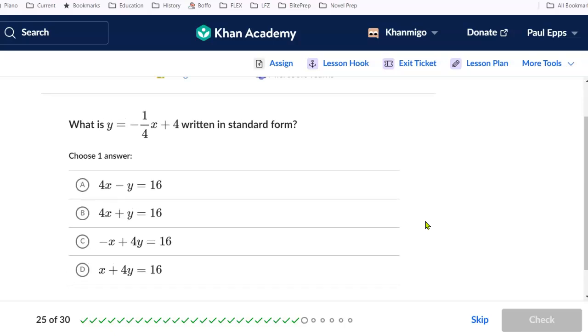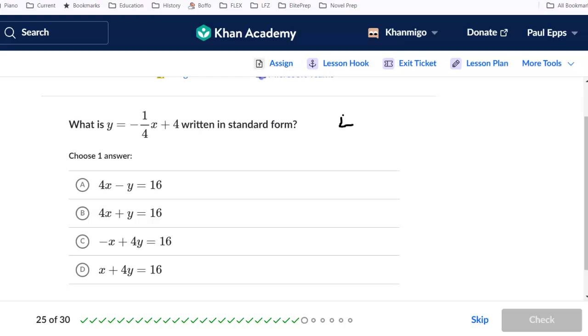What is y equals negative 1/4 x plus 4 written in standard form? All right. Well, they want us to get rid of that fraction, obviously. So let's start with that. Multiply both sides of the equation by 4, and we'll get